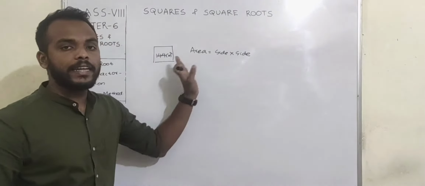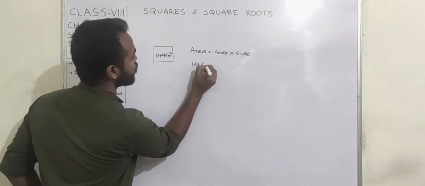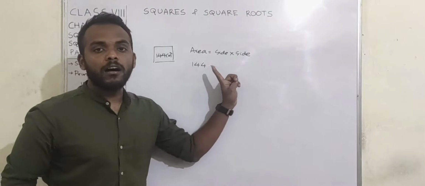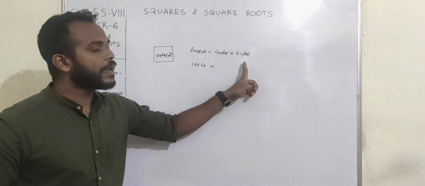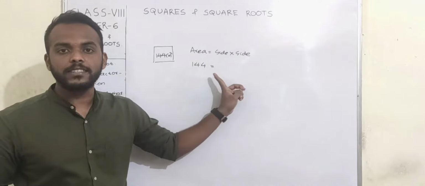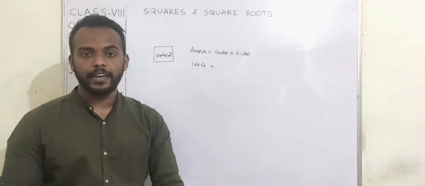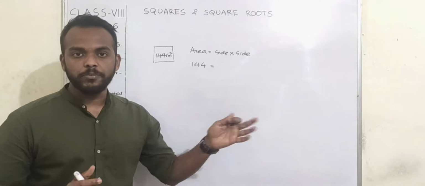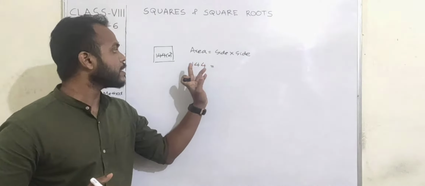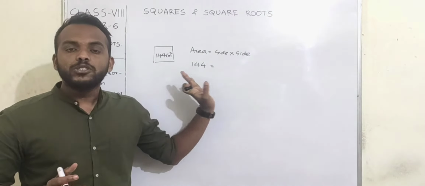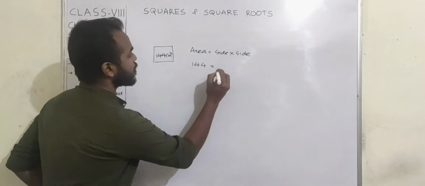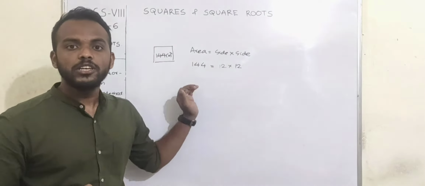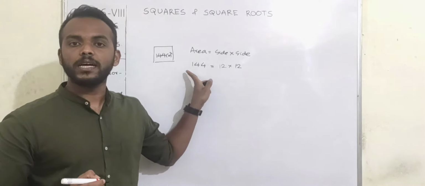And what is the area given to us? It is 144. Now the only possibility is that the length of the side is the same number multiplied by itself. Can you guess what it is? Since I have recommended that you learn the squares of numbers up to 20, you would have the idea that the square of 12 is 144. Thus we can write it as 12 into 12. What have we done? We have just taken the root of the number 144.